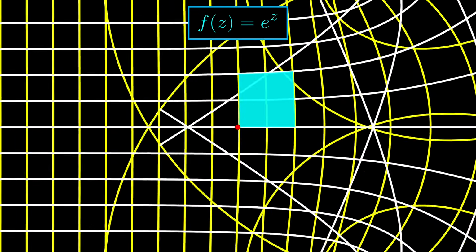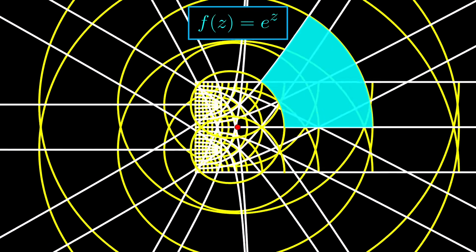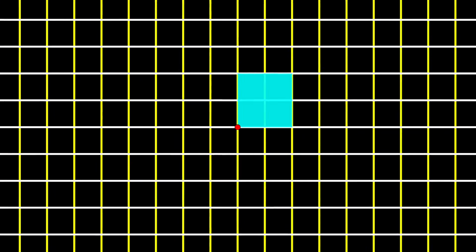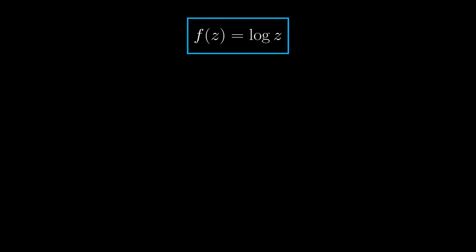Remember that the exponential function turns rectangular things to polar, so quite naturally you would expect that logarithm does the opposite, turning polar things rectangular. But there is a catch here, which is quite similar to square roots. Just like the previous case, we can ask what is the logarithm of 1.